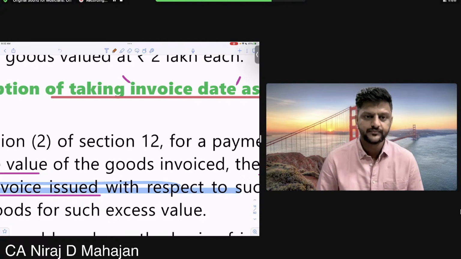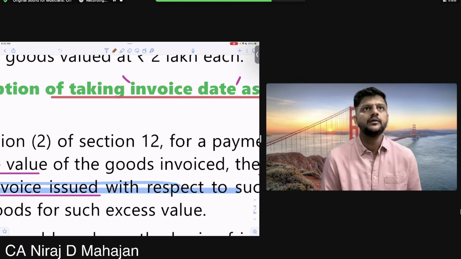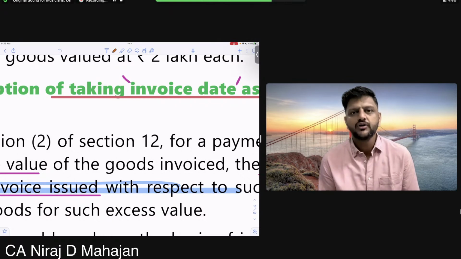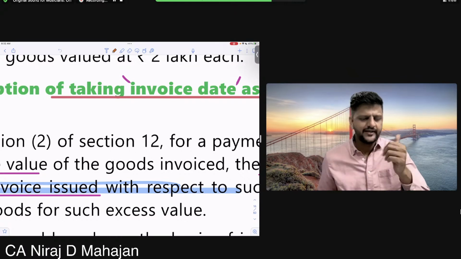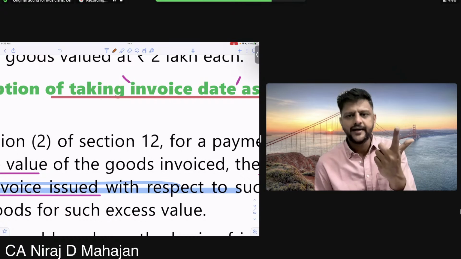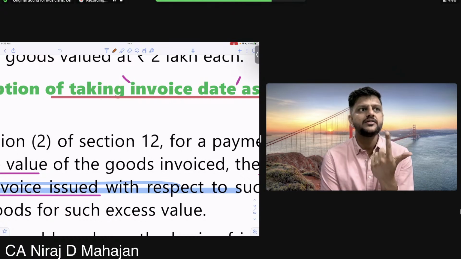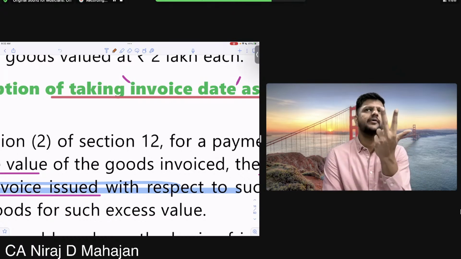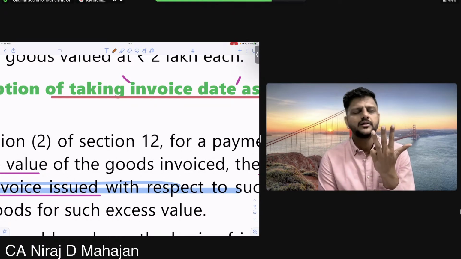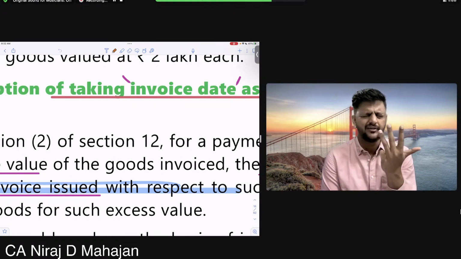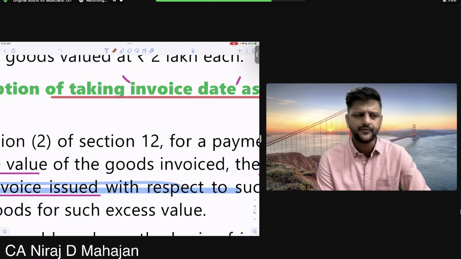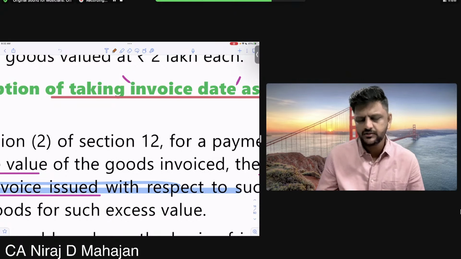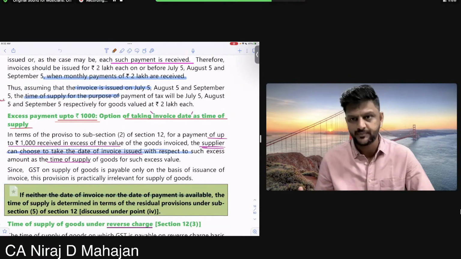Then reverse charge mechanism, supply of goods. What is the time of supply? What dates do we check? Date of receipt of goods. Date when the payment entry is there in the books of accounts. Date when payment is debited from a bank account, and 31st day from the date of invoice from the supplier. Okay till here? We had seen all of these dates. Whichever is earlier will be the time of supply.